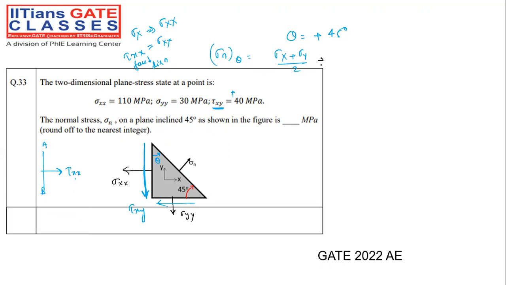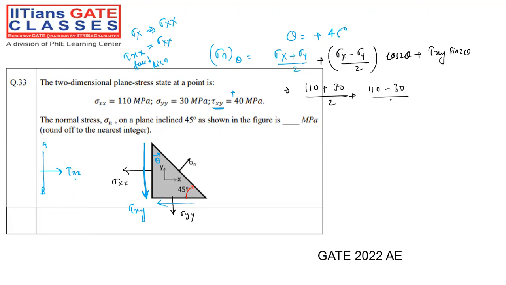Now, sigma x plus sigma y by 2, sigma x minus sigma y by 2 cos 2 theta plus tau xy into sine 2 theta. When you put sigma x, that is positive 110, minus 30 by 2, 110 minus 30 by 2 cos 90 degree, plus tau xy, 40 sine 90 degree. This will be 0. What about the values? 130 plus 110 plus 30 divided by 2, that is 70 plus 40. So you'll be getting 110 megapascal, right? So these are basically the questions that we must be able to understand regarding the principal stress